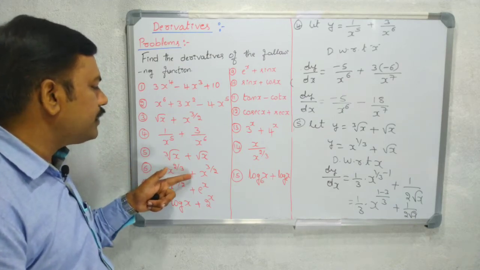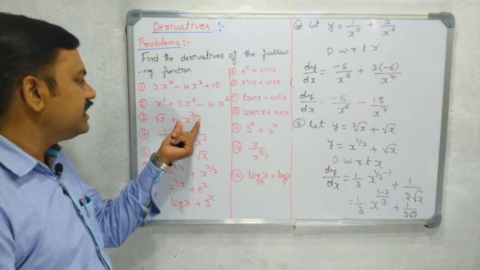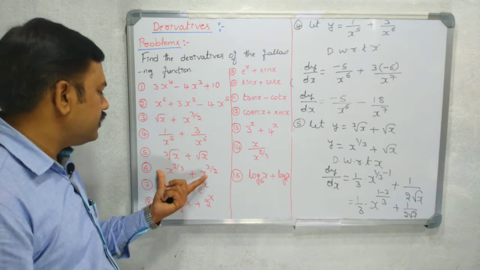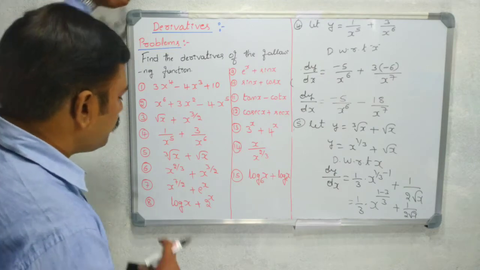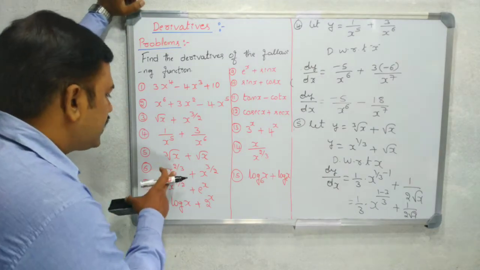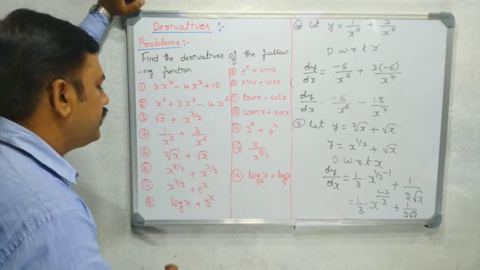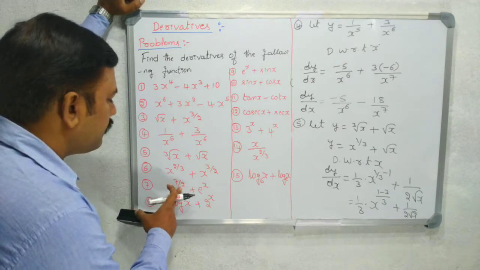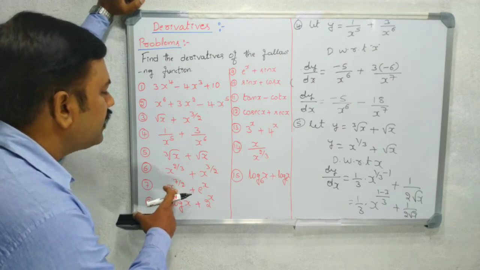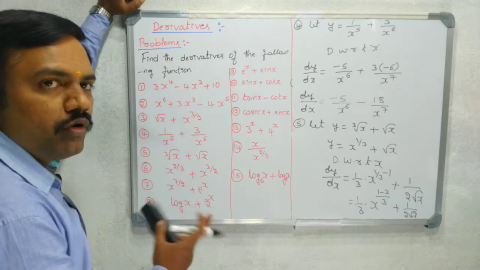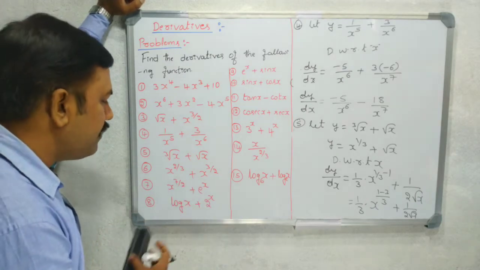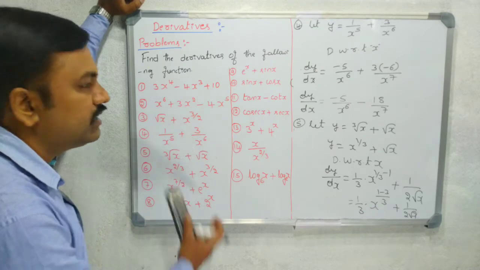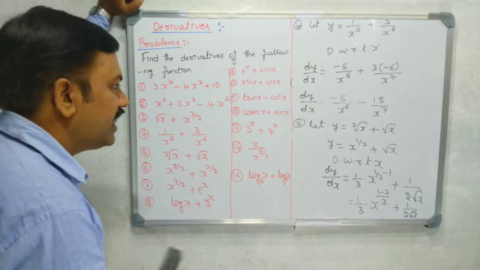X to the power of 2 by 3 plus x to the power of 3 by 2. As it is what I discussed in the previous problem, the sixth one and seventh one problems are the same type of problem. So you have to differentiate x to the power of 2 by 3 and x to the power of 3 by 2 as it is, same x power 7 by 2. Is it clear? In this one, first differentiate x to the power of 7 by 2. It is in the form of x power n, and then differentiate e power x. You all know about the differentiation of e power x, that is e power x itself. So take the 6th one and 7th one problems as homework, do them as it is in the previous problems I discussed. Next I move on to the